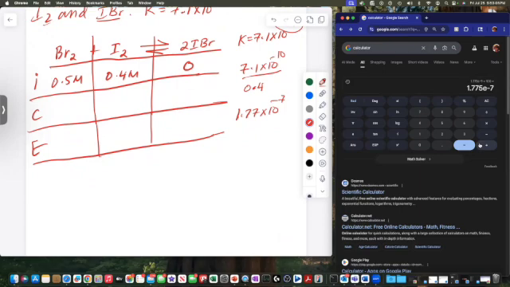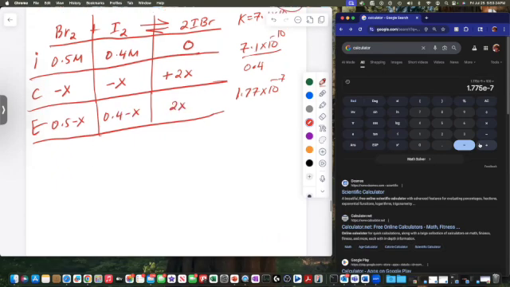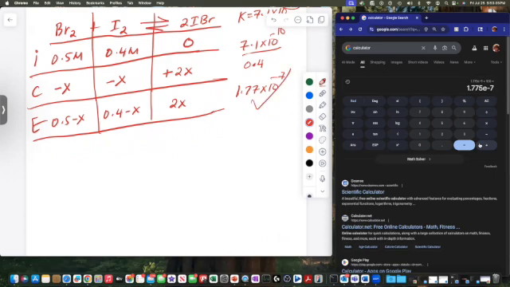Okay. So let's see. Let's go ahead and do the reaction in terms of X. So to match the stoichiometry here, X amount of Br2 reacts, X amount of I2 reacts, producing 2X amount of IBr. Okay, according to the balanced equation. So according to that, we have 0.5 minus X at equilibrium, 0.4 minus X, and then 2X here. Okay, so let's solve for X. We've already figured out the 5% rule passes. Woohoo! So our K here is equal to